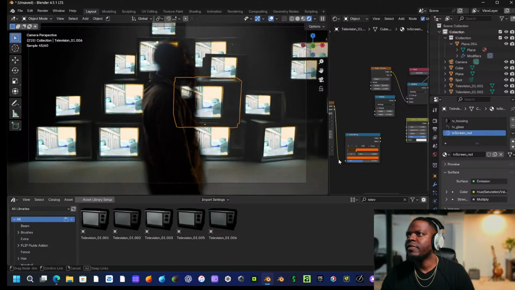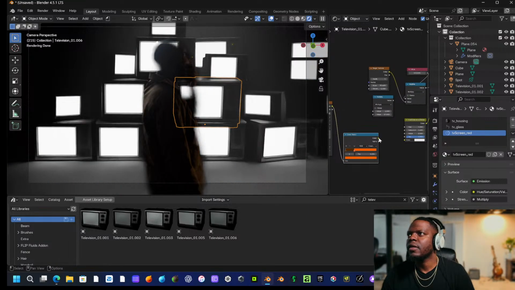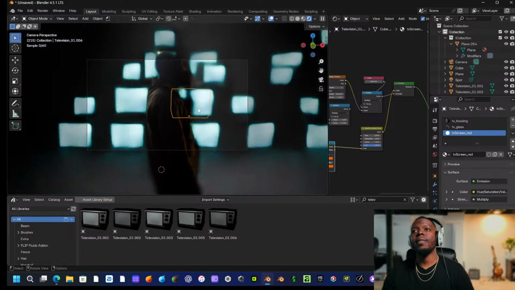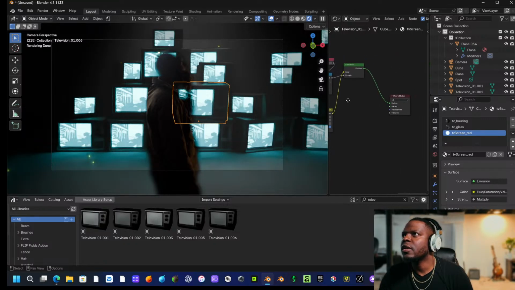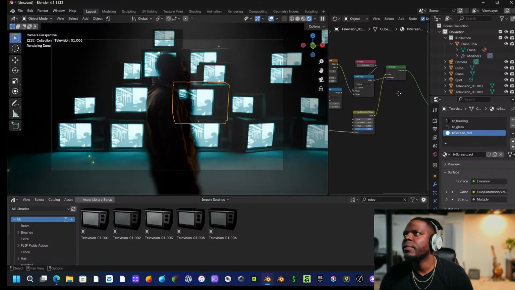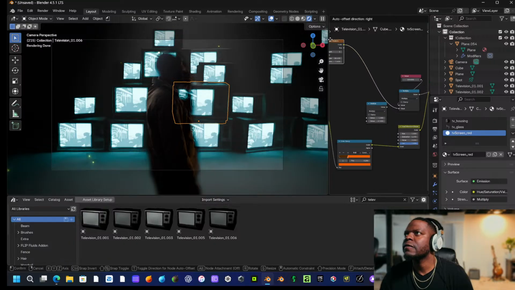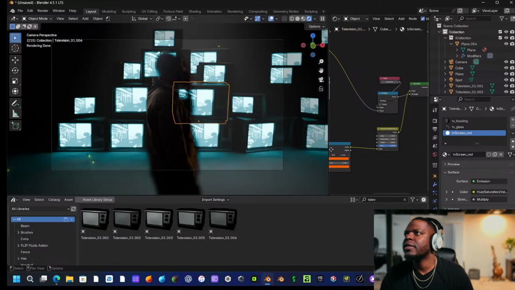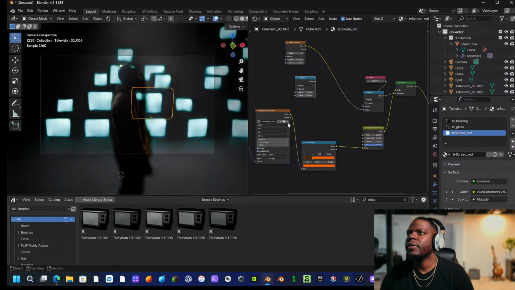Let me see what happens if I plug this into the factor. And then the color. That's not bad, but I want it to actually, okay, material output, emission. Multiply. No, we don't want this color ramp. I could tell you that now. I actually think I want a principled BSDF because that will give me,